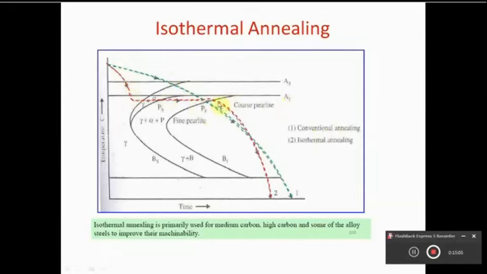But this red color heat treatment indicates an isothermal annealing treatment, where castings are rapidly cooled below lower critical temperature, then they are held for some time so that complete pearlitic structure is formed, and then they are cooled with a very slow cooling rate, and that rate of cooling is very less as compared to conventional annealing kind of heat treatment. So that will reduce heat treatment timing also. Time required for carrying out isothermal annealing is very less as compared to a conventional annealing heat treatment.